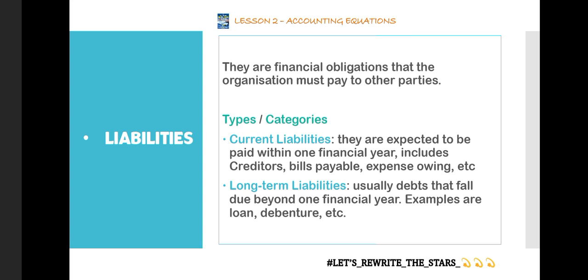Like 2 years we can pay for that debt, like 3 years, like 4 years. Those are what we call long term. Just as the name sounds, we are expected to pay, but not necessarily within a year. It goes beyond a year. I hope this is clear. An example is going for a loan from a bank. The loan is always expected to be paid not within a year, sometimes it goes beyond a year. Debentures too are referred to as a long-term liability. I hope this is very clear and easy to comprehend.